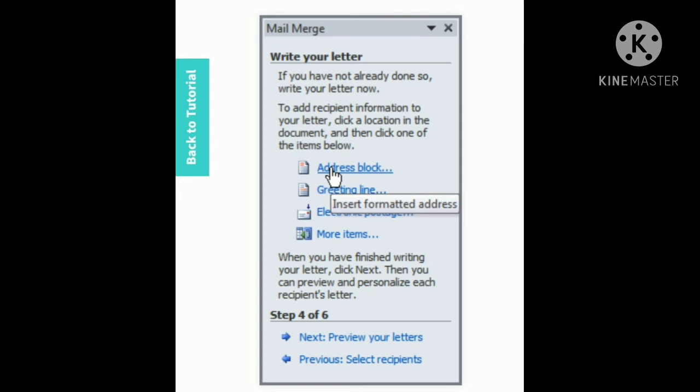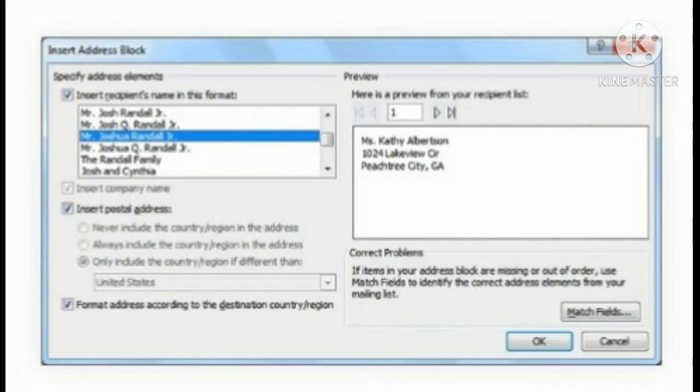Second, select Address block, Greeting line, Electronic postage or more items from the task pane. Depending on your selection, a dialog box may appear with various options. Select the desired option, then click OK.